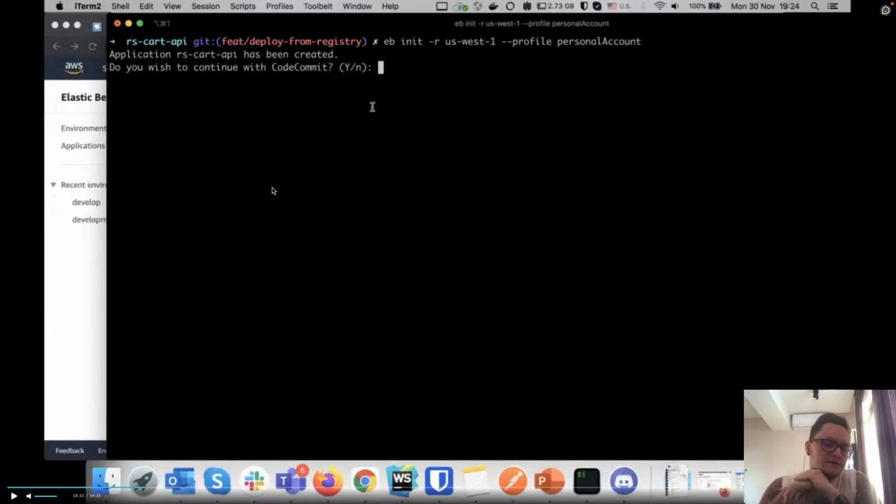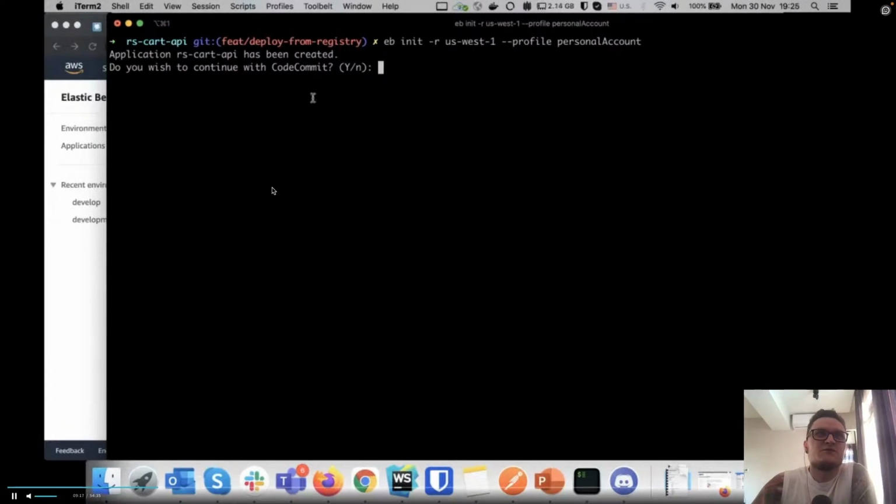CodeCommit is a kind of version control system like GitHub, but inside AWS. Usually you don't want to use it because, as we know, nothing is free from AWS.